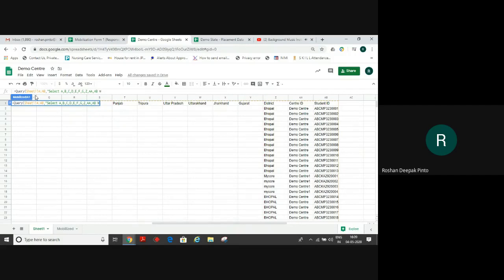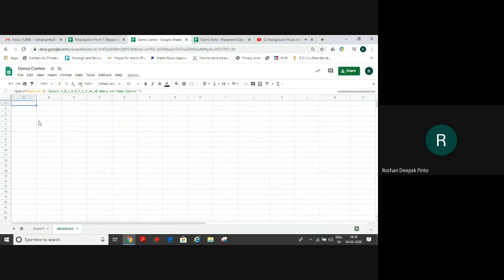Now I have to copy only data where AA is equal to demo center, because this is the center I have created. If it is demo center 1, it will not pick up here. Only that center for which I have got the data will be picked up. Then I close the inverted commas, close the bracket, and press enter.